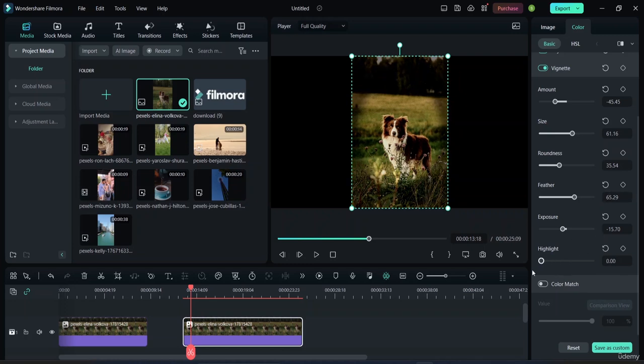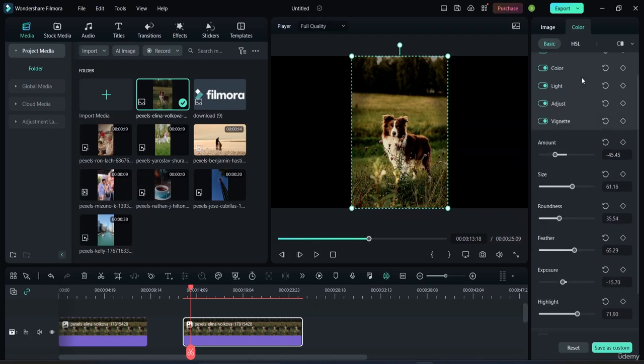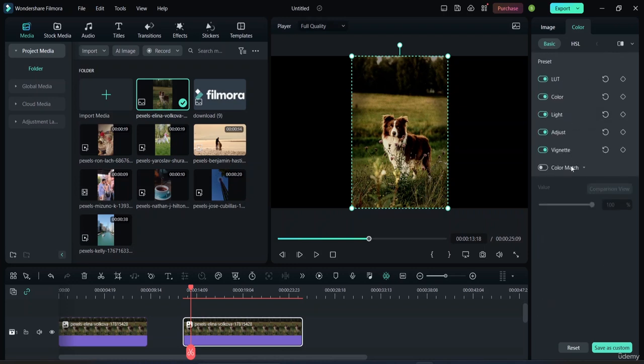You can also choose the particular highlight. Okay, so I will choose the highlight. I'll increase it from here, and yes, till this much it's done. And again, come to the color matching option, and you can